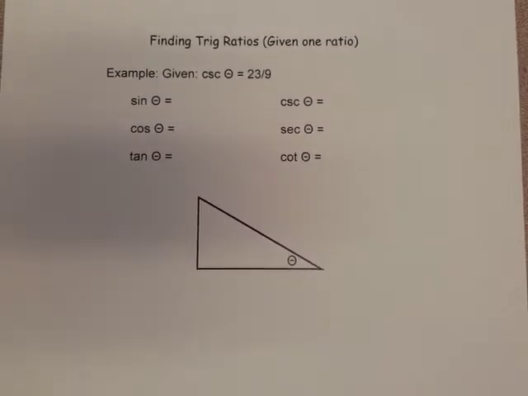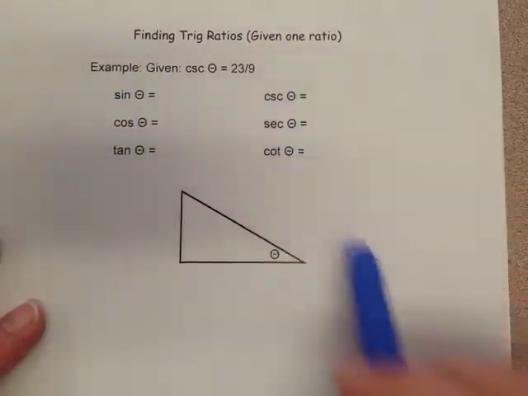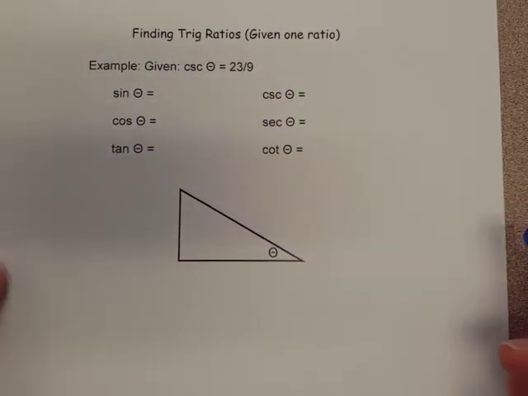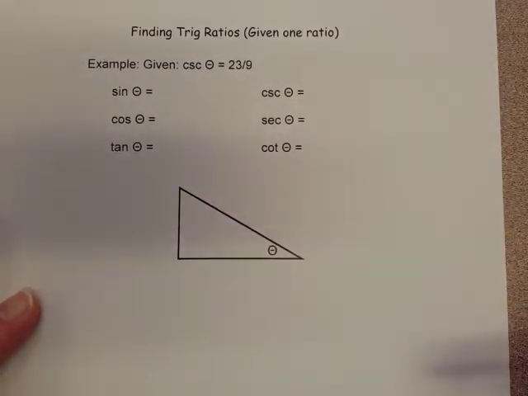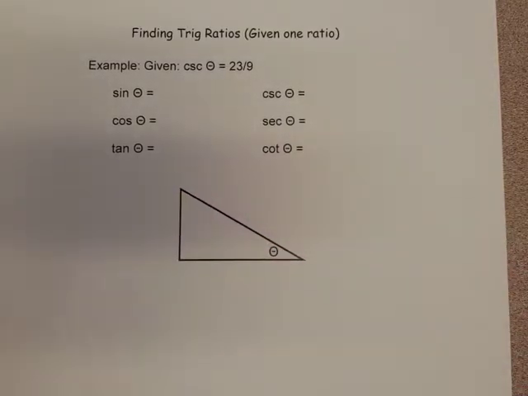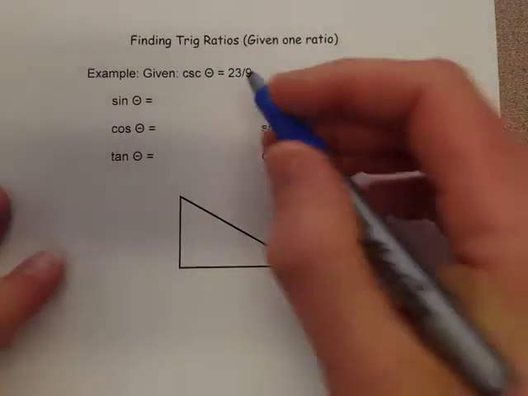Here is our next example in section 4.2, day 1, and you'll notice that this may look pretty similar to the last one. We've got find all 6 ratios, okay? So that's good until you notice down here that there's nothing on the triangle. So we have to use the given information, which the information given here is that cosecant is 23 over 9,